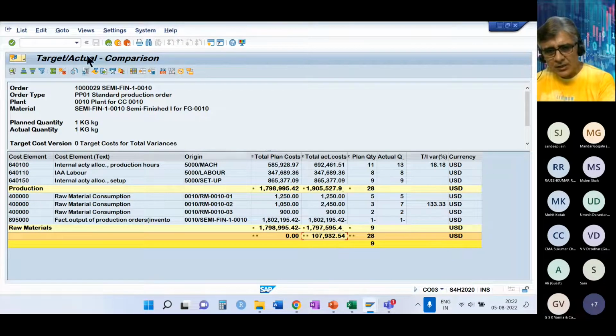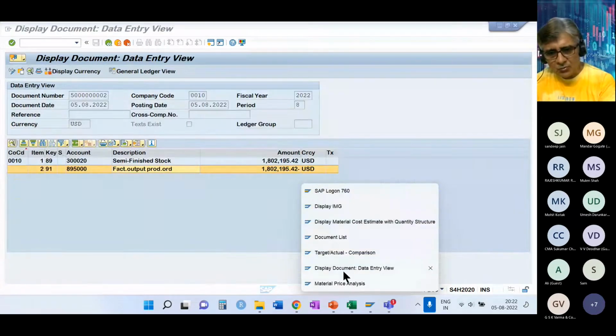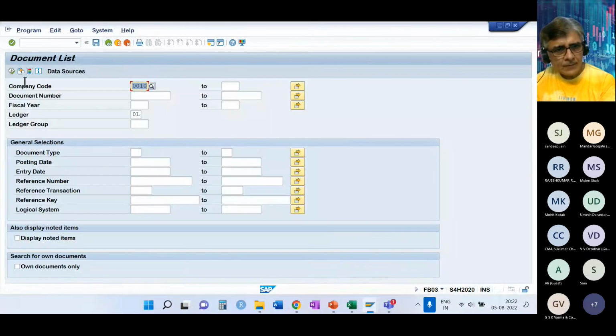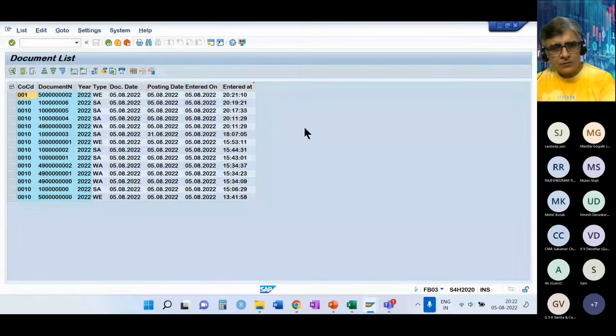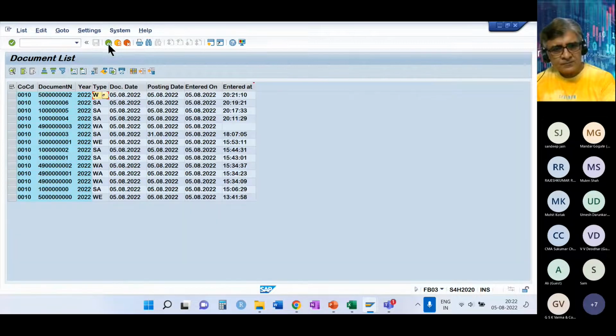Okay. And if you go to the accounting document, you will have one or two more accounting documents generated. So this is the accounting document which has been generated, which we have seen for the debit to stock and credit to COGM account. And this has happened at the standard cost.